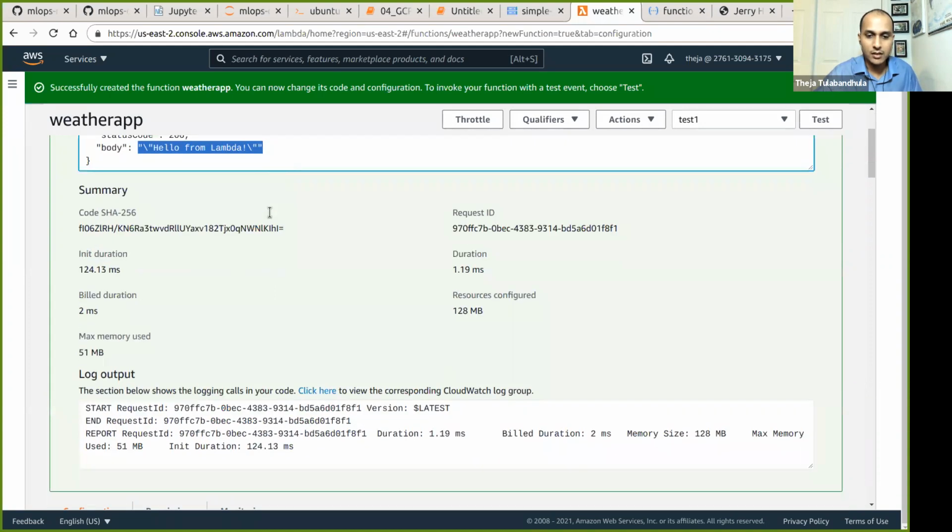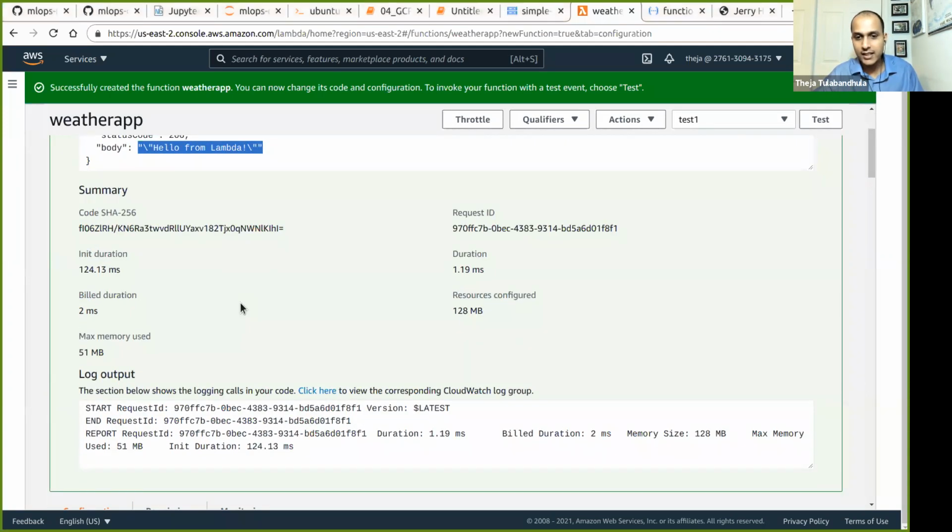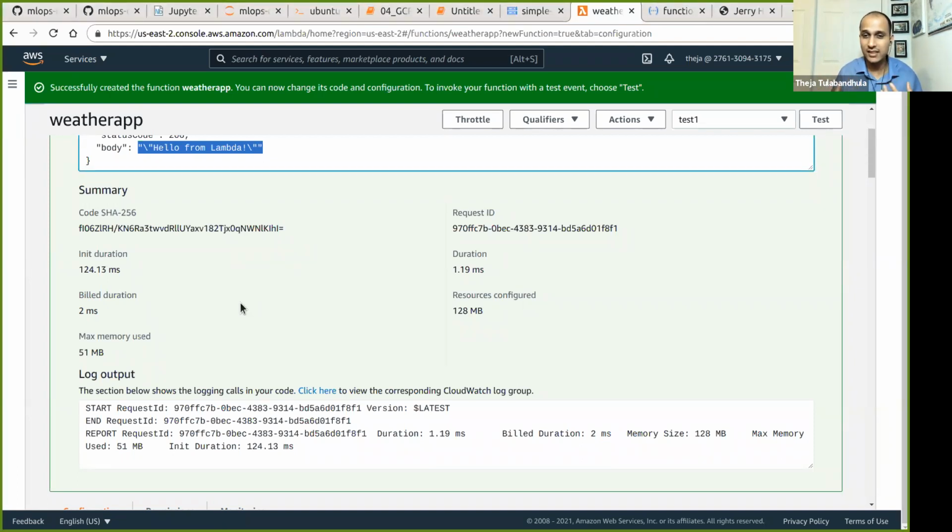Okay, so that's basically what the Lambda function did. Currently it's all within the Lambda ecosystem or the AWS ecosystem, so there's actually not an external URL that we can connect to that has been connected yet. So what we'll do next is connect a way to access this function using an external URL.